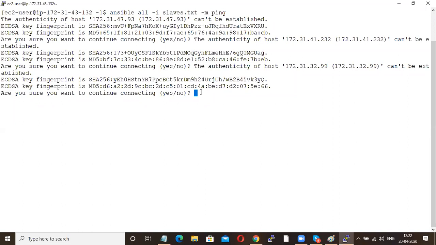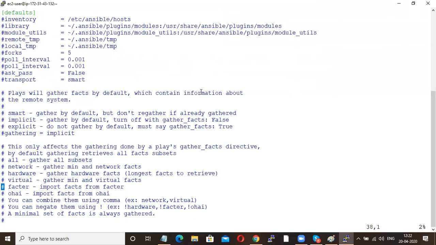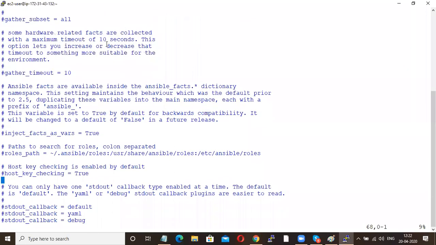So what I am going to do is open my configuration file. In the configuration file, if a hash is there, it means the line is commented. Commented means that line is not readable or not executable.